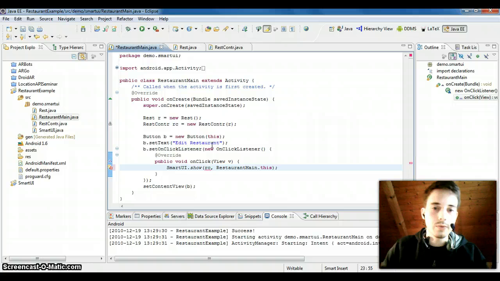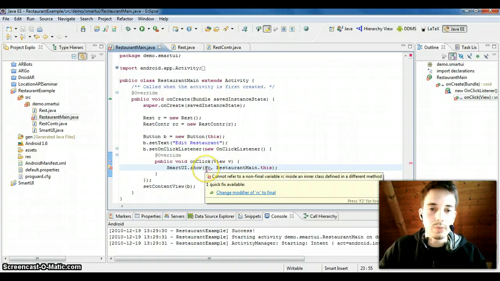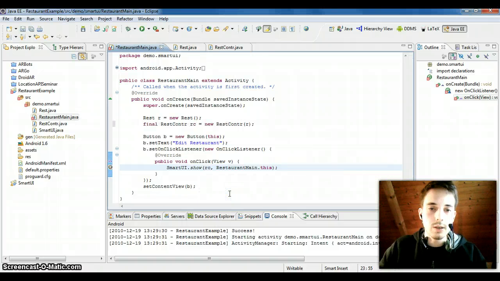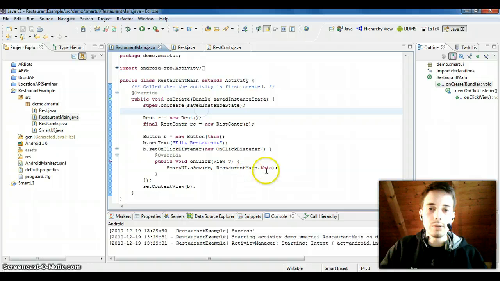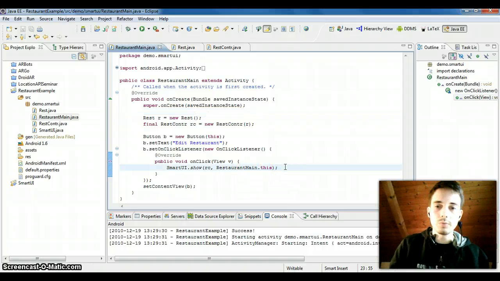Yeah, and that's it. Now we can automatically display. Okay, it must be final, right? So now we can automatically display and edit the restaurant and generate a simple UI. I can show it to you. I will just execute it,